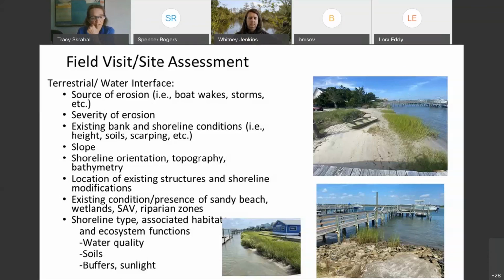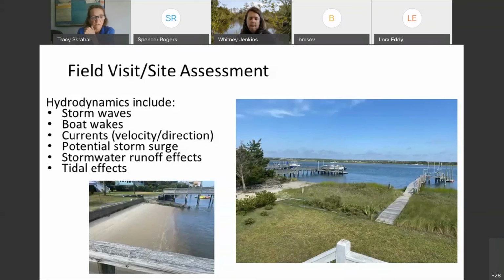What is the water quality there? Soils are very important. Sunlight is important when you're talking about planting marsh grass. Some sites are just too shady, and we think about different types of plants there. Again, a little bit repetitious, but I'm going to do it again, the hydrodynamics of the site are very